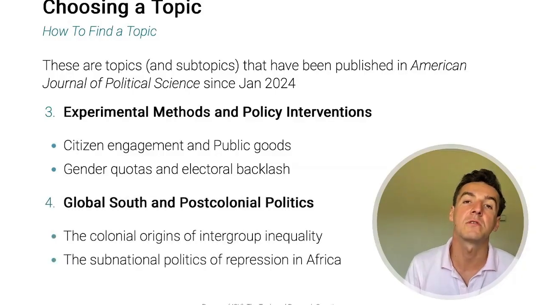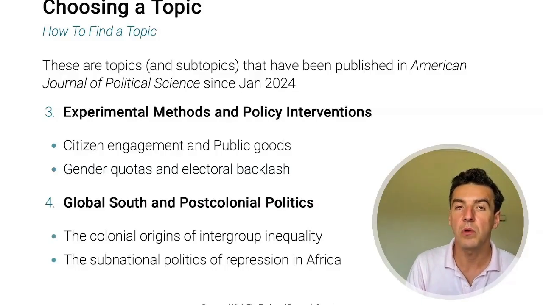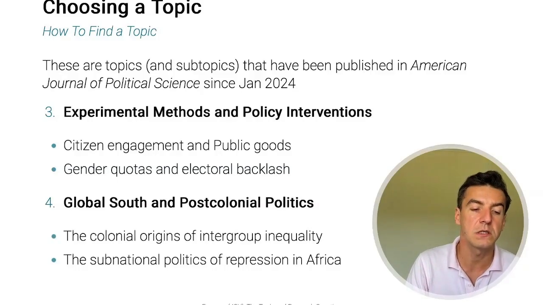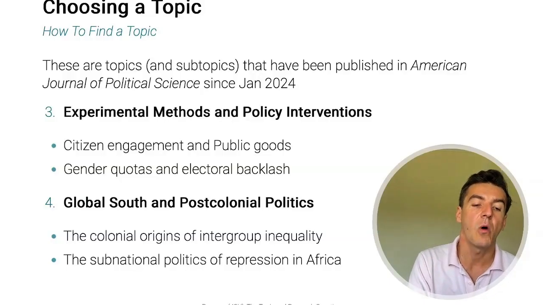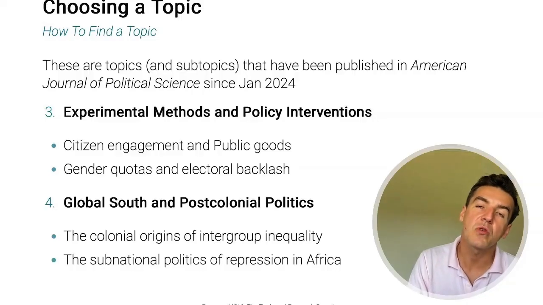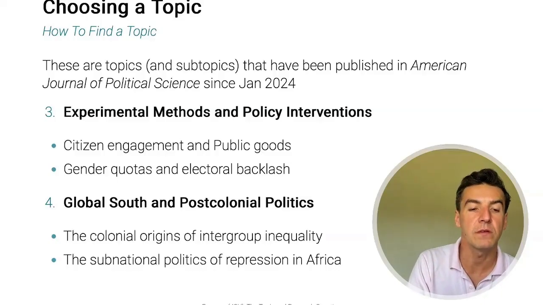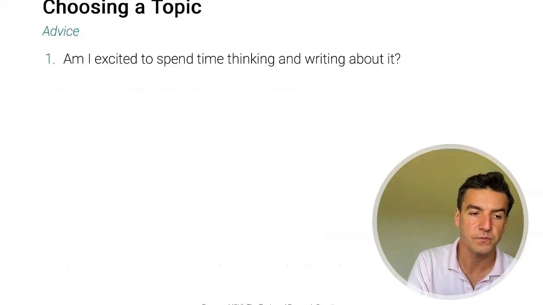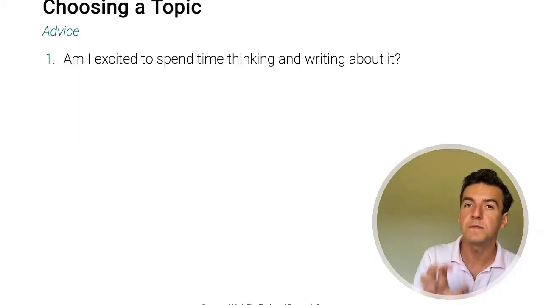But there's also lots of topics focusing on the global south and post-colonial politics. So some topics related to this are the colonial origins of intergroup inequality or subnational politics in Africa, and so on and so forth. So these are four strands of topics that I identified starting all the way with January of 2024. But in terms of concrete advice, when you want to find a topic, it's really important to do